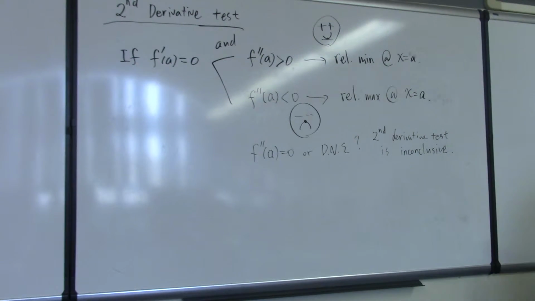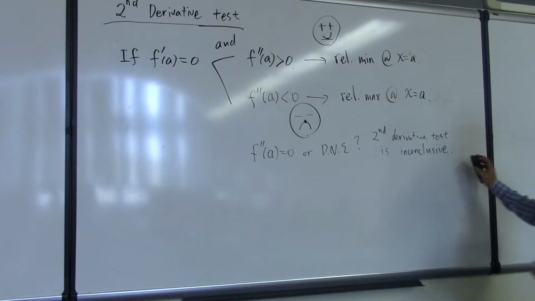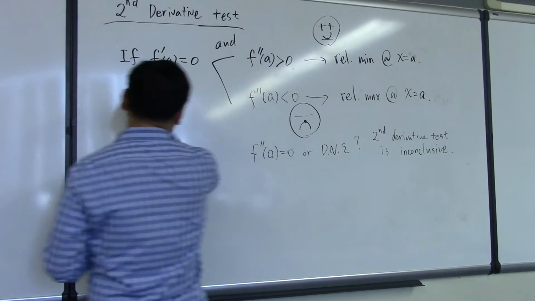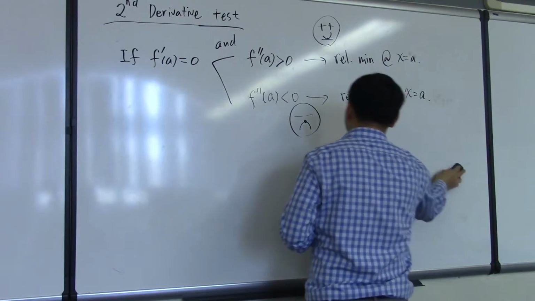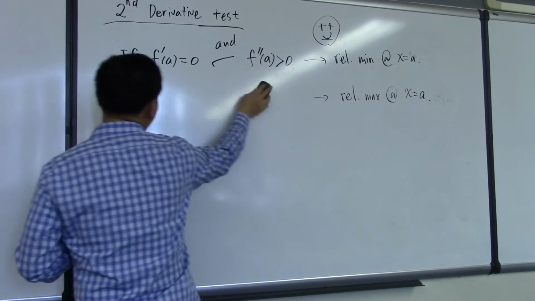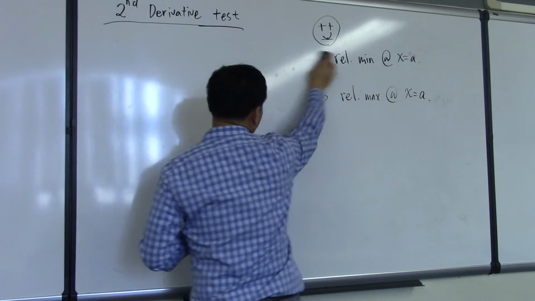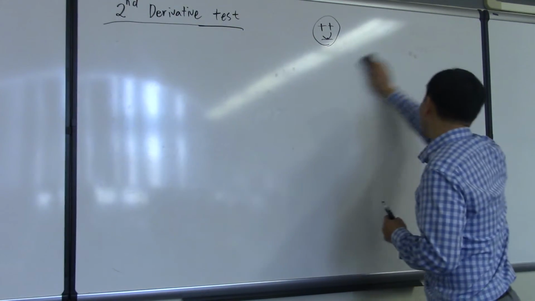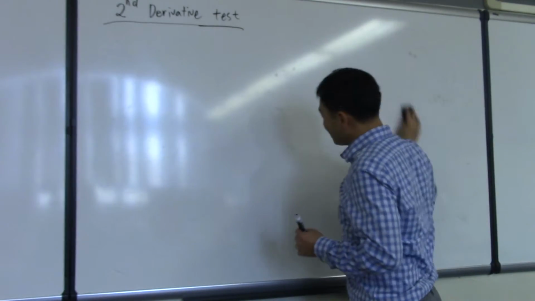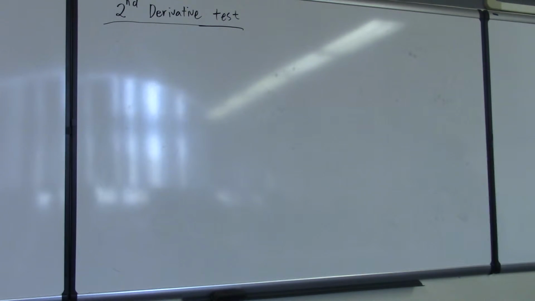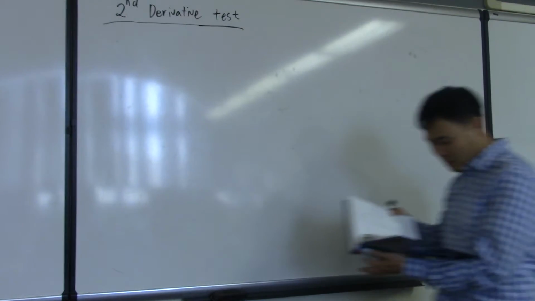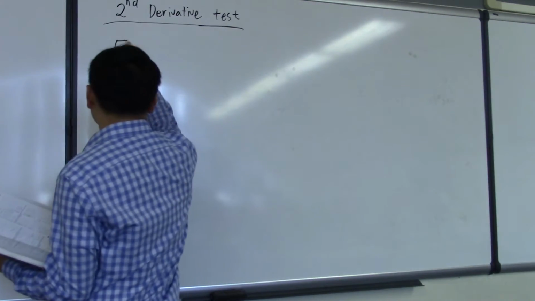But let's just be optimistic. Whenever you have this question of relative min or relative max, let's be optimistic that somehow our second derivative test is going to give you the right answer. And if it didn't, then what happened is what happened. Just move on, do the first derivative test, and you're okay. So let me give you an example for this. Example